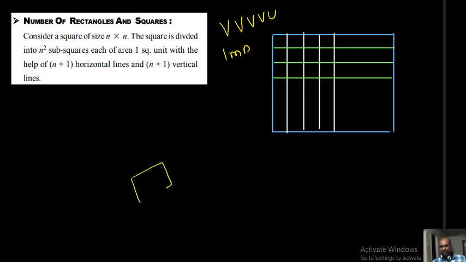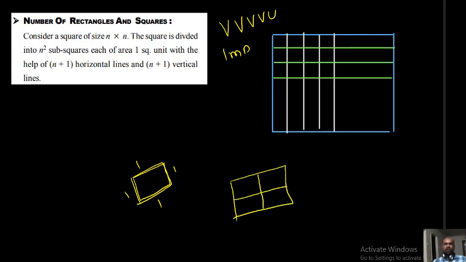If this is a square of one side, so I can say that this is a square and I can call this a rectangle also. How many squares and how many rectangles are there? Only one square, only one rectangle. Okay, listen. This is a square. Here 4 squares, each 1 unit. 4 squares are there. Now, the bigger one is also a square, of 2 units, consisting of 2 smaller squares.